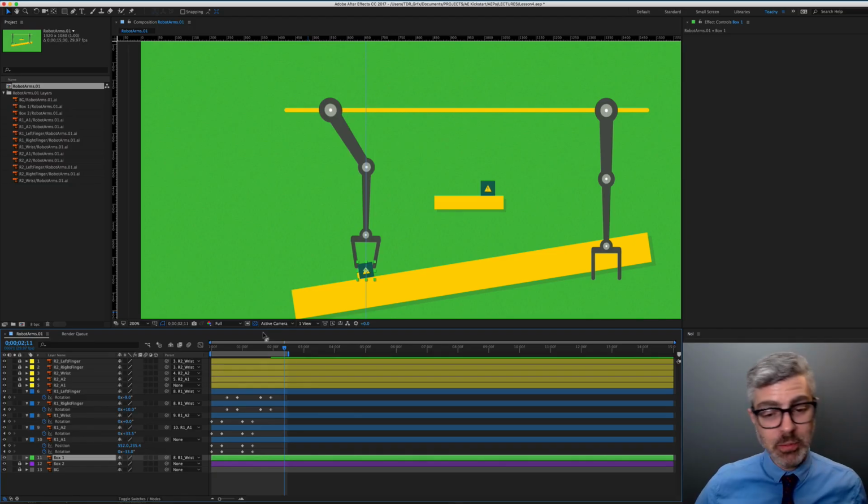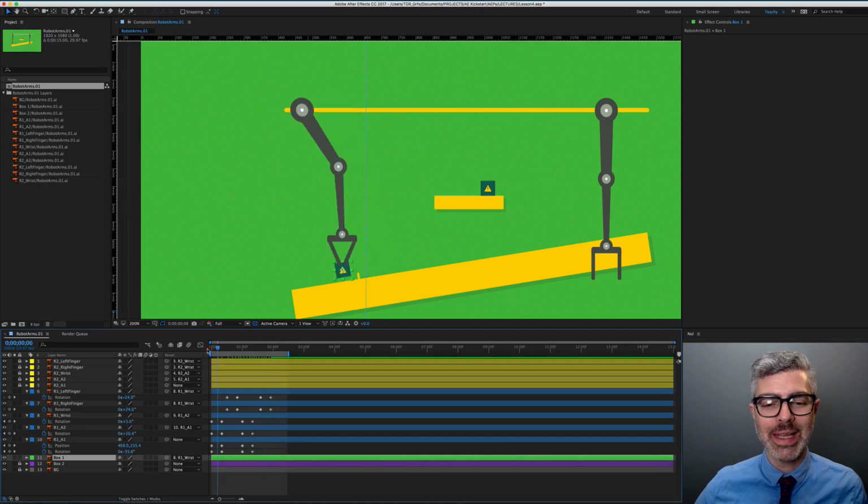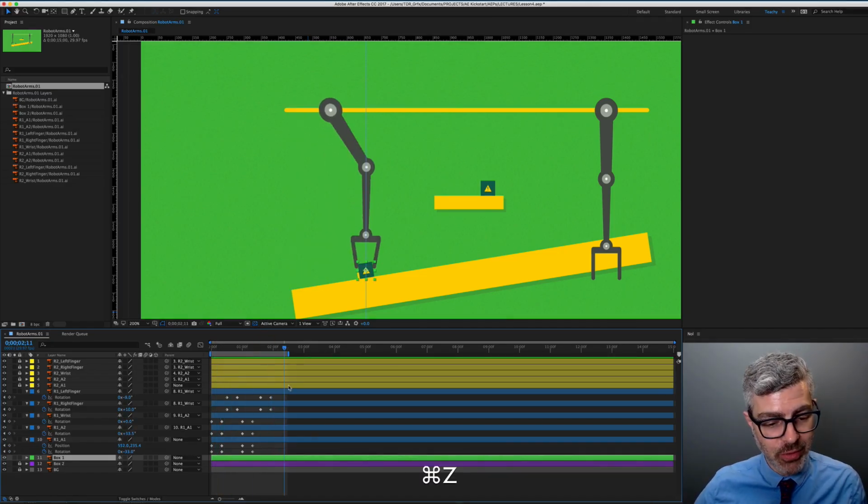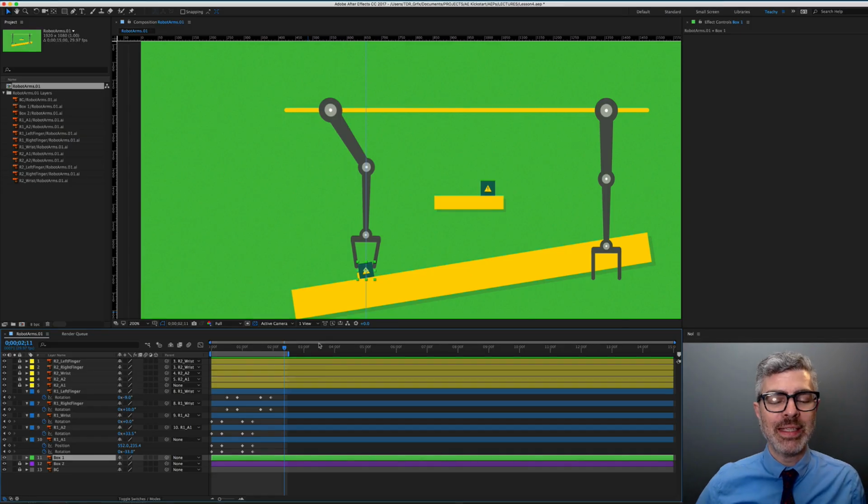Now it's parented to it, so we could move on and do the rest of the animation with it connected. But unfortunately, what that means is we've established a relationship between the two. So now it's moving with the arm in a way that we don't want it to. So let me undo that so it's not parented. All right. Now we need to learn something new about After Effects, which is really awesome, which is a